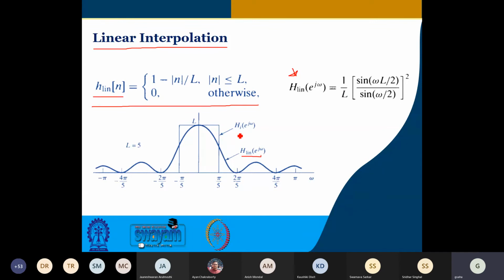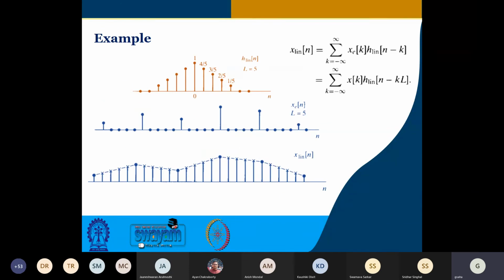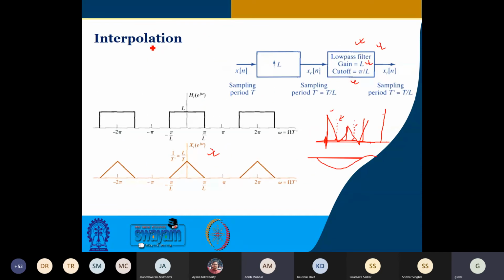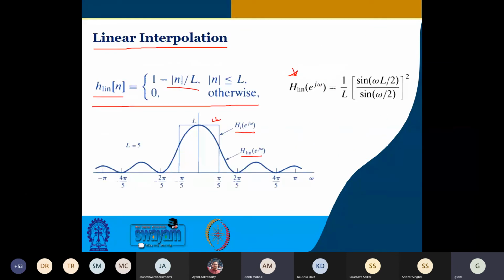Okay. So this is the ideal one, for which you require an infinite number of samples. This is of course a finite number of samples for the convolution relationship, but this is what you will get instead of the other one. Of course it will have its own limitations, but these are different ways you can think of applying the interpolation, or applying the low pass filter after expansion in the interpolation process.